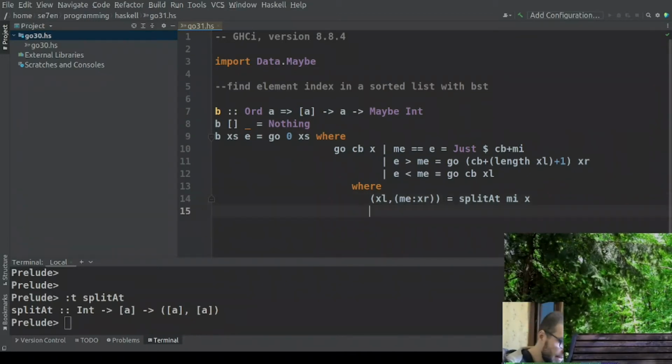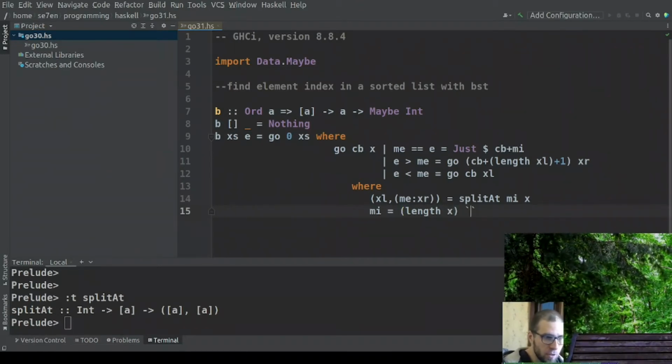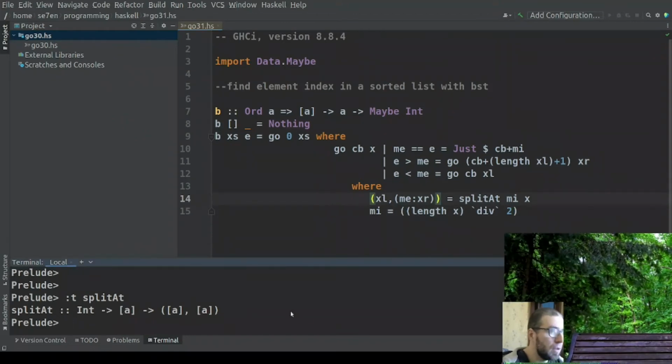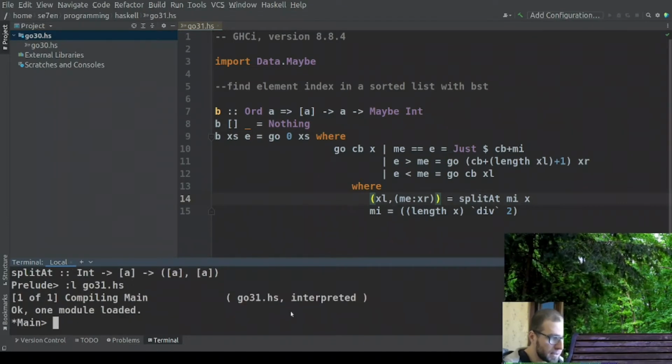And the last thing here, we need to define the median index. And this is very easy. We need to take the length of our list and divide it by 2. And this will give us our median index. Okay, I think this is a correct definition, and we can try to compile it. Okay, let's load our file into GHCi. It's compiled,